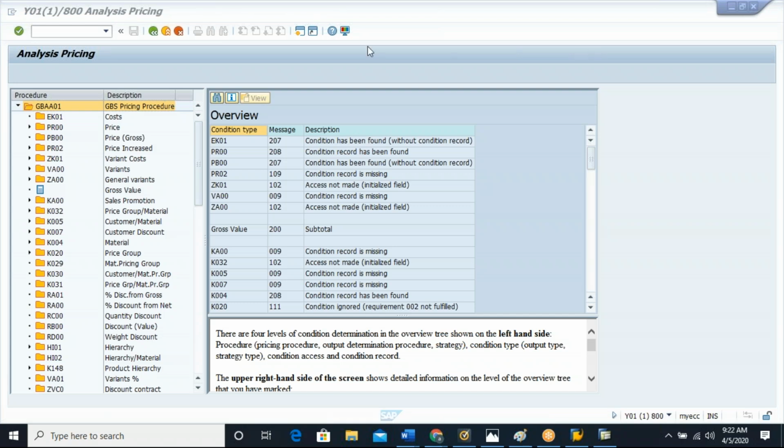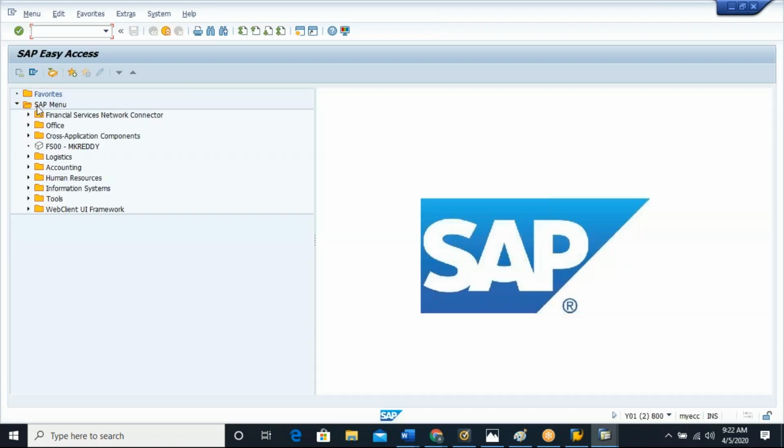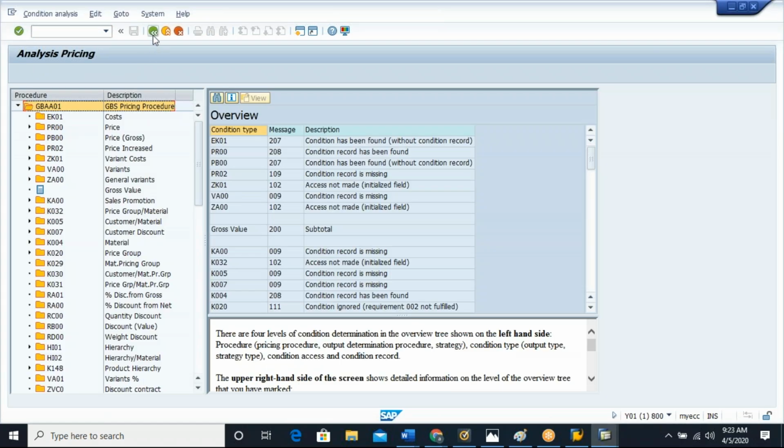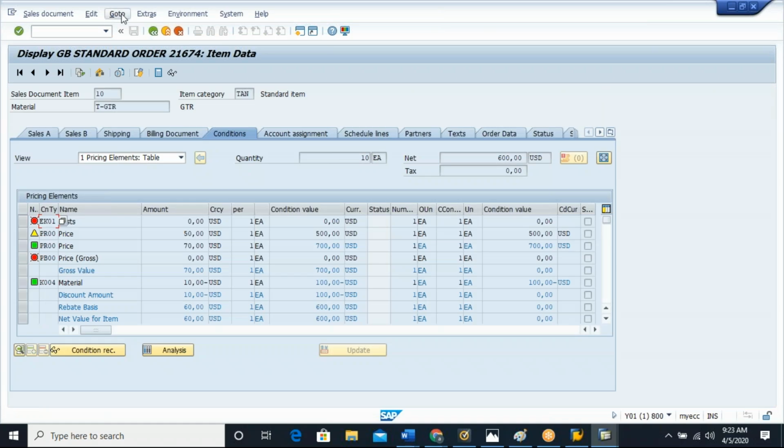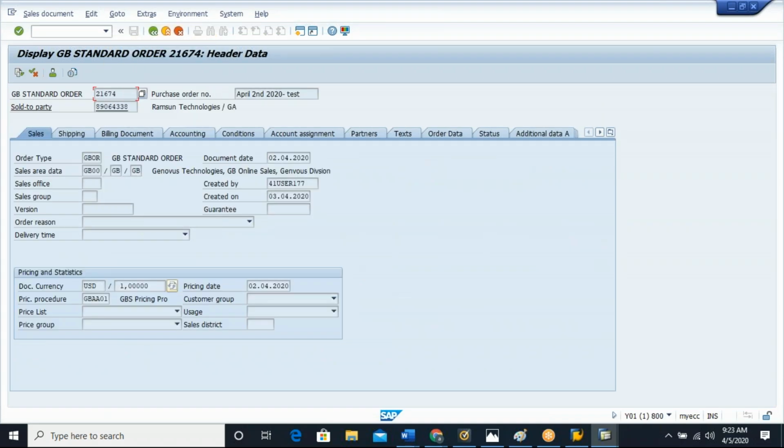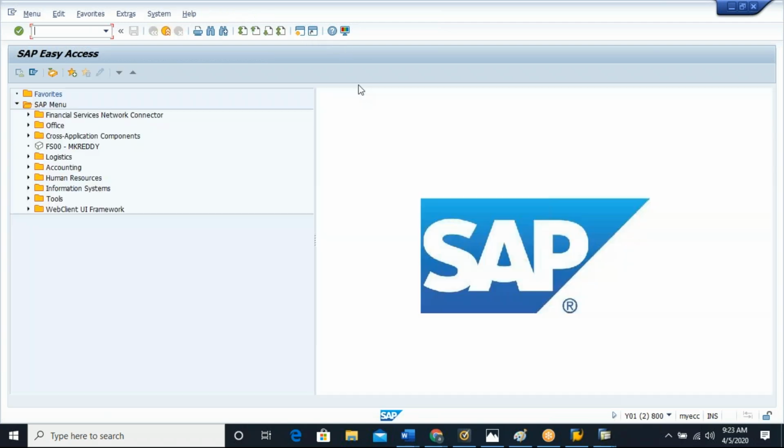Okay. So now if I go to one more screen. So first of all, let us see what is the sales area, that is sales organization, distribution channel, division for this order. Okay. For that, if you can go to the header, you can see here what is the order type. Okay. What is the sales area data, like sales area means sales organization, distribution channel, and division. Okay. If I go to